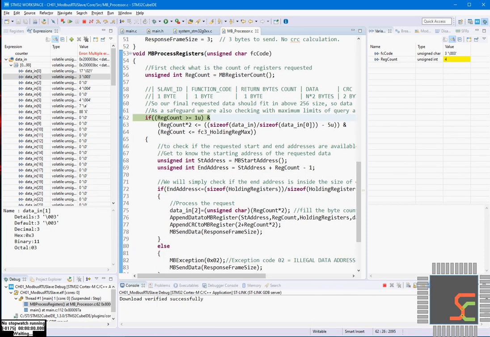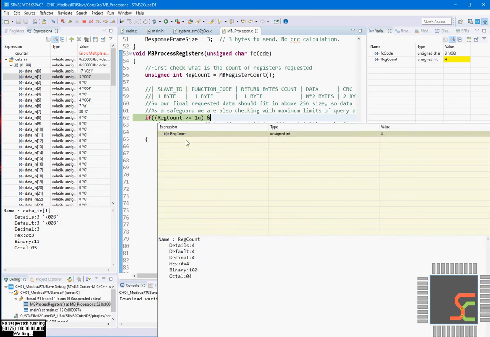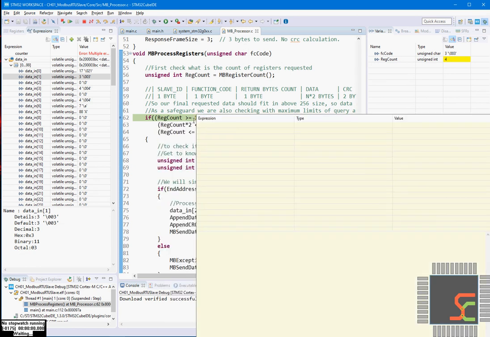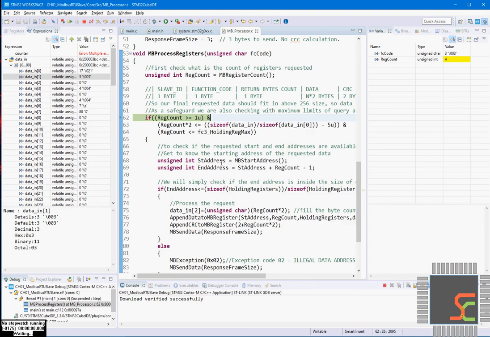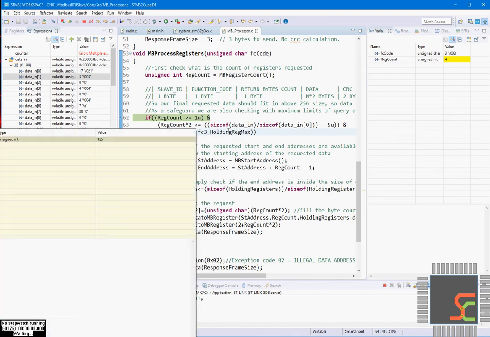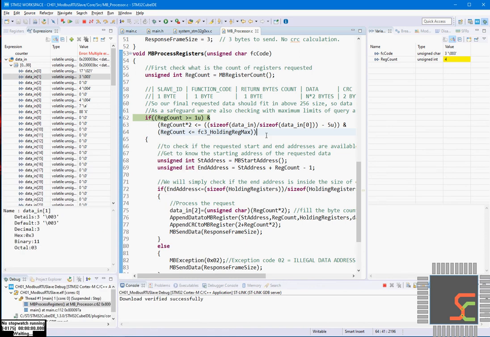And next we are checking whether this requested register count is within the limits or not. First of all, it should be equal to or more than 1, and the requested register count should also be within the limit specified in the Modbus standards, that is 125.